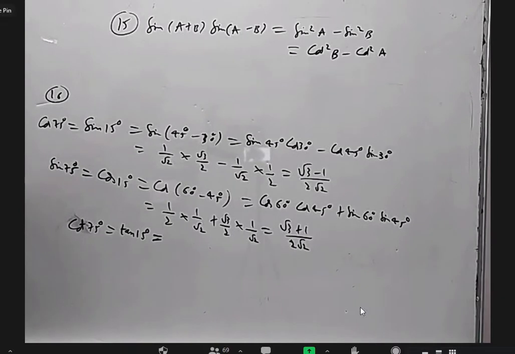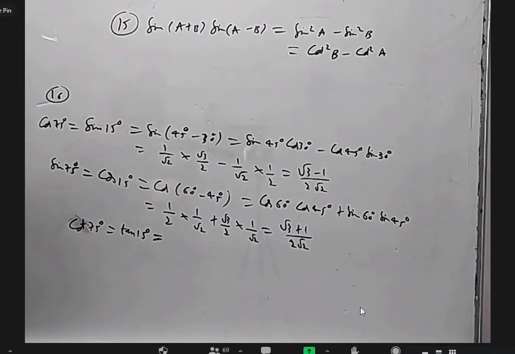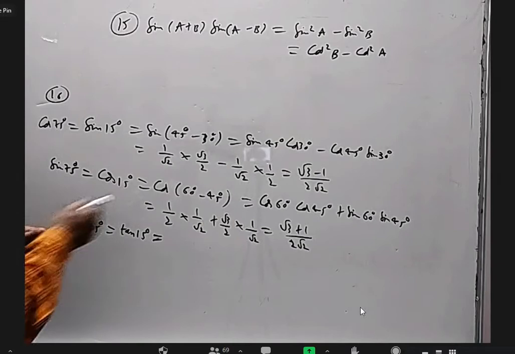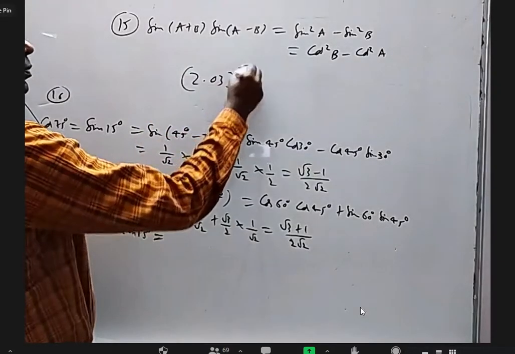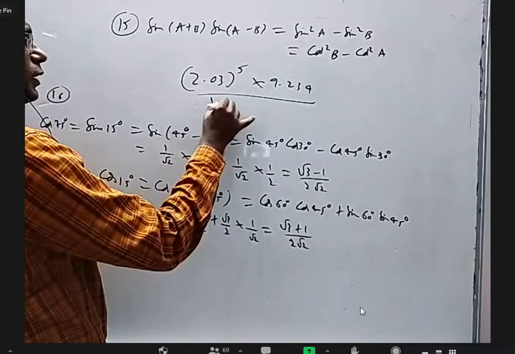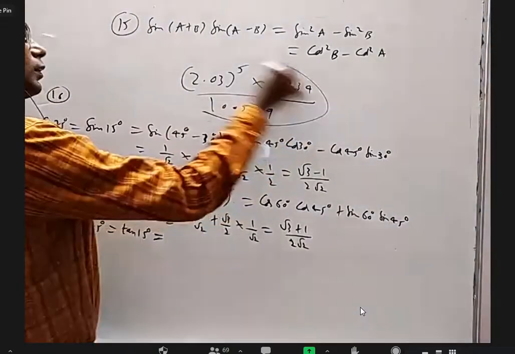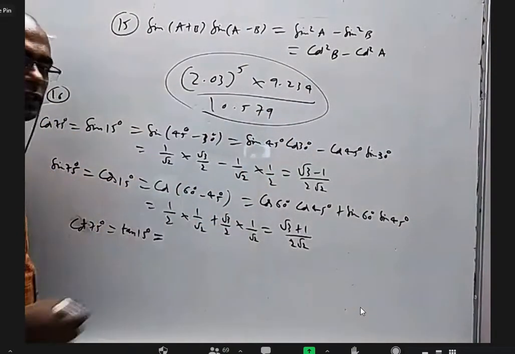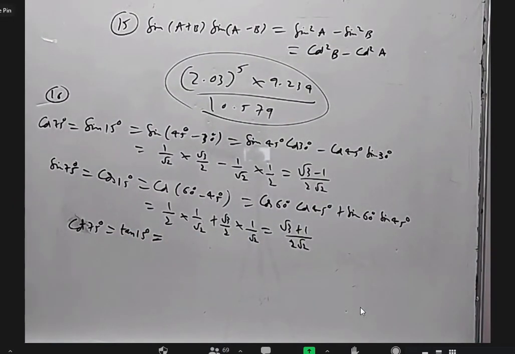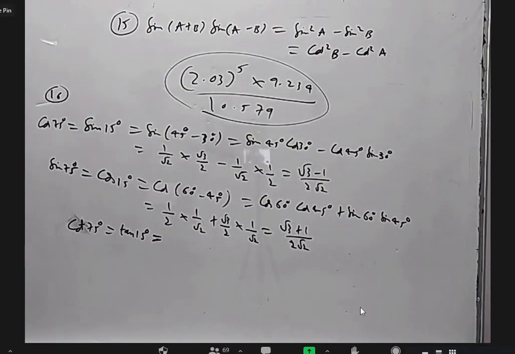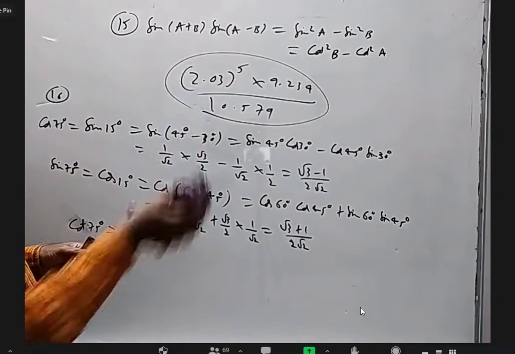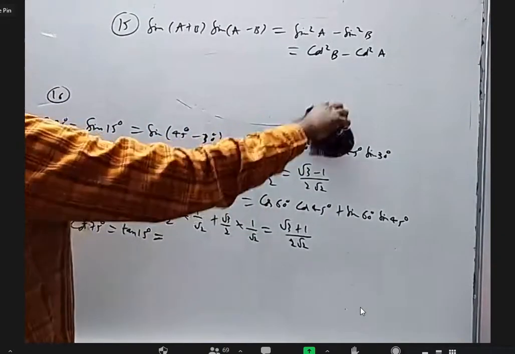Some people know about log tables, right, here? Yes, sir. Others I will teach once again, because in maths we know a little bit, but in chemistry and practicals we will be using them to some extent. So how to use log tables? Let's say you have to calculate 2.03 to the power 5 into 9.234 by 10.579. You need log tables for this kind of calculation, right? So in engineering, we have to do a lot of calculations like this, and every time they have to refer to log tables.